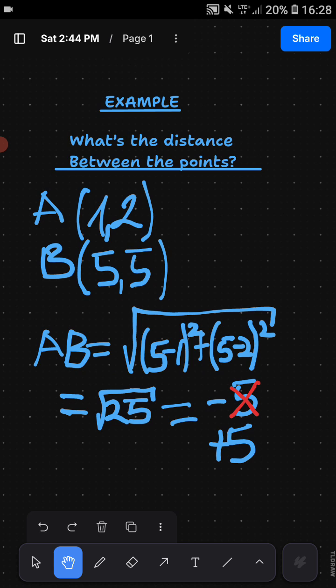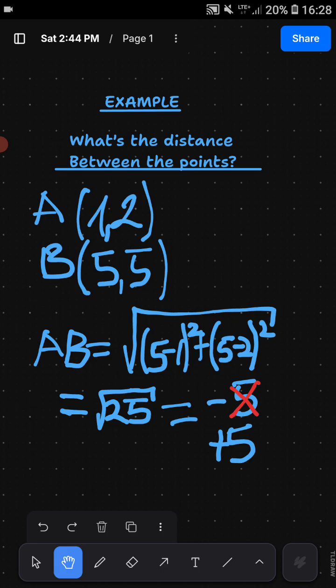You could start with y2 minus y1, but here we started with x2 minus x1, where x2 is 5 and x1 is 1, all that squared, plus y2, which is 5, minus y1, which is 2, all that squared. That gives us 5 minus 1 is 4, 4 squared is 16, plus 5 minus 2 is 3, 3 squared is 9, 16 plus 9 gives us root of 25, and that gives us plus